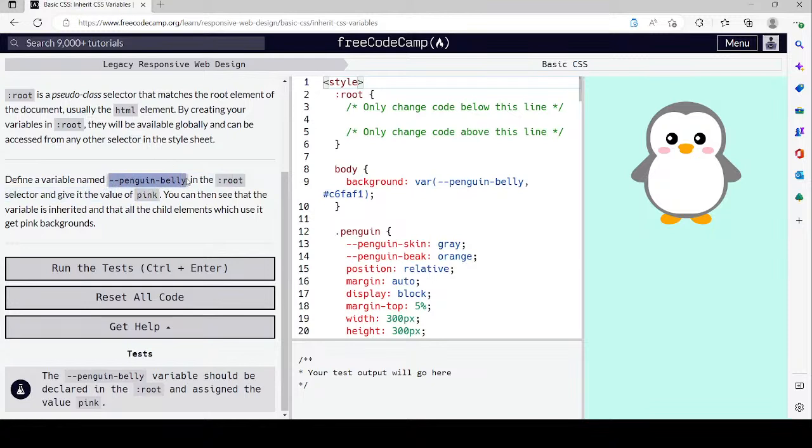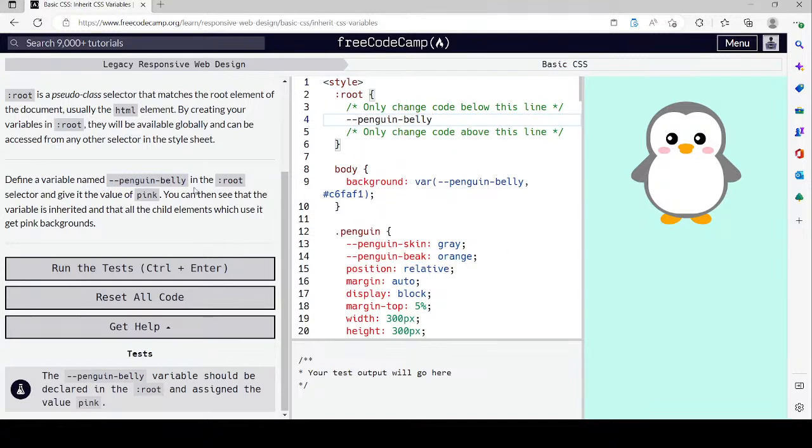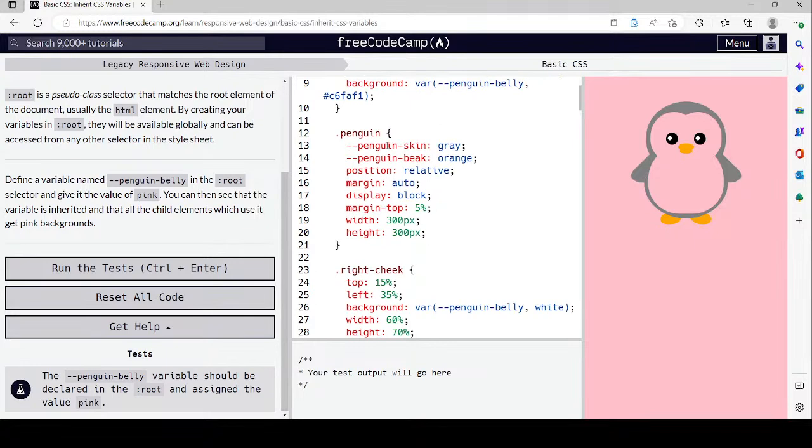penguin belly. So let's copy this. I'm gonna make that pink. You can see that the variable is inherited, and all the child elements which use it get pink backgrounds. Okay, so